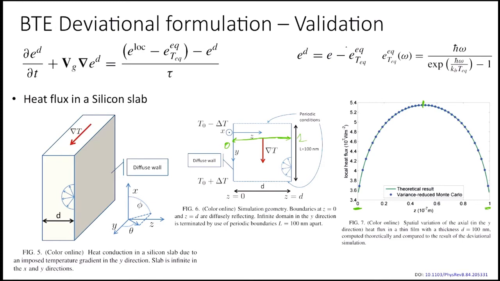I want you to draw your attention to the precision we are able to get compared to the last class, when we were comparing the solutions and there was some error. But now look at the precision we are able to get in the present examples. It's quite astounding. This algorithm works quite well. Just going from the normal Boltzmann transport equation to the energy conserved and the deviational formulation, we are able to get quite accurate results compared with the theoretical results. Again, these problems and their solution are discussed in this paper, so you could go and read in more detail.